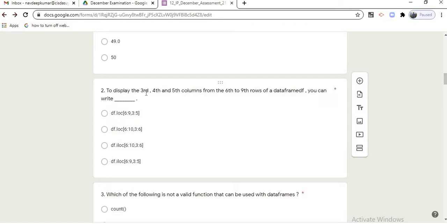Because the exact locations are mentioned, we will use the ILOC method, integer location, because you can see here these locations are based on integer values. Also see the difference between option C and D. Here this value 10 is the upper limit, and the upper limit is always excluded in the ILOC method. So this selects 6 to 9th rows and 3 to 5th columns, and 6 is the upper limit, it is excluded in the ILOC method. So this third option is the right option here.